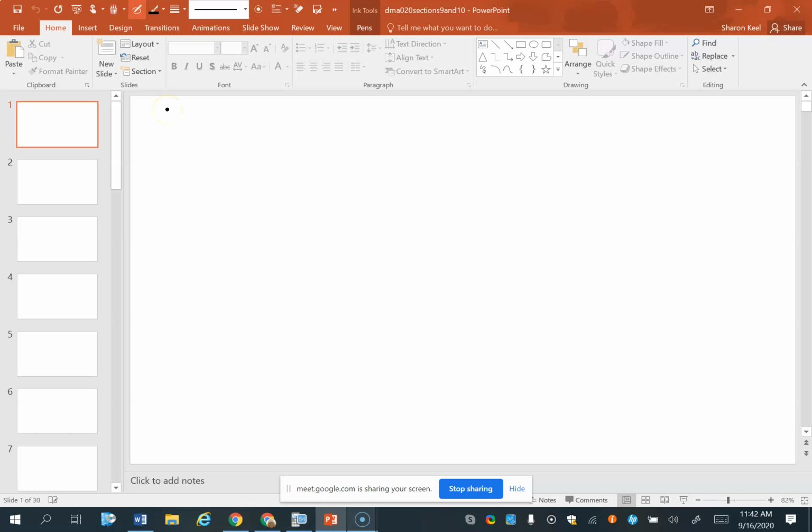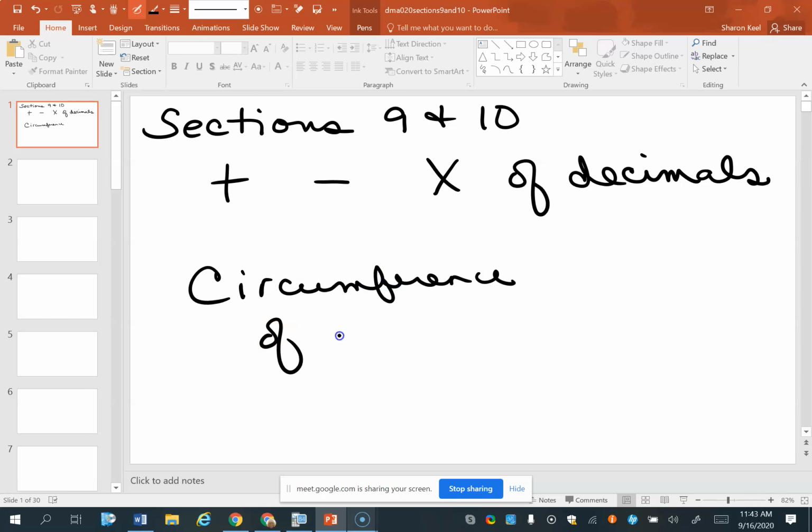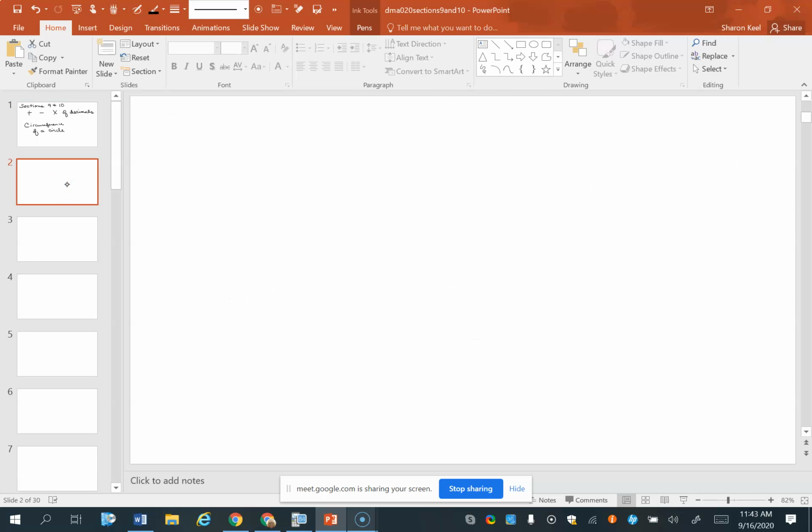We are going to cover sections 9 and 10, which are addition, subtraction and multiplication of decimals. We will also be looking at the formula for the circumference of a circle. As we begin with addition of decimals,